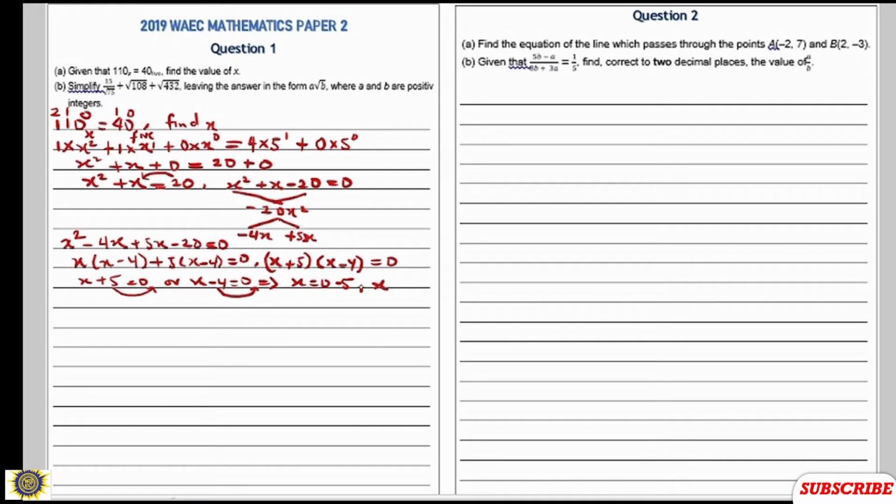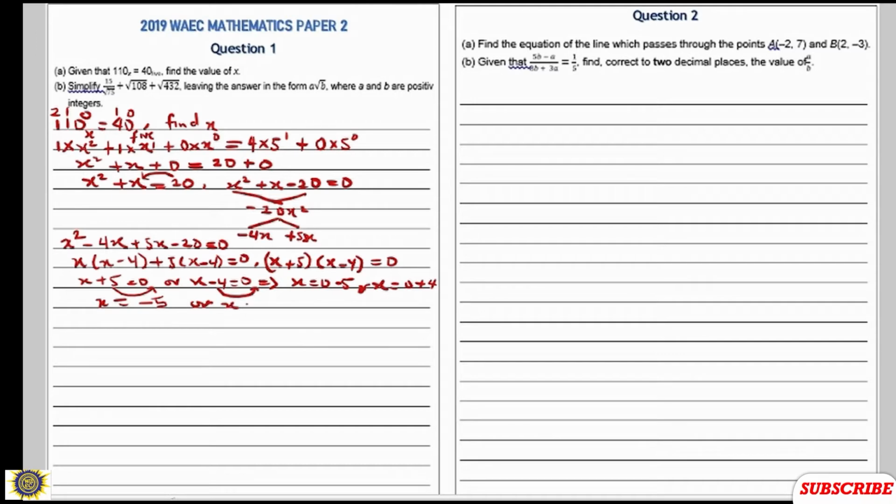x is equal to 0 plus 4, because minus 4 will become plus 4 on the other side. So we have x is equal to 0 minus 5, which is minus 5, or